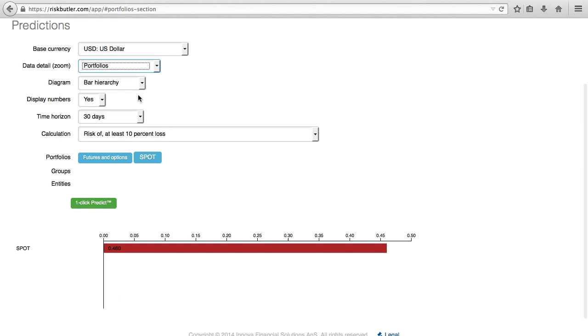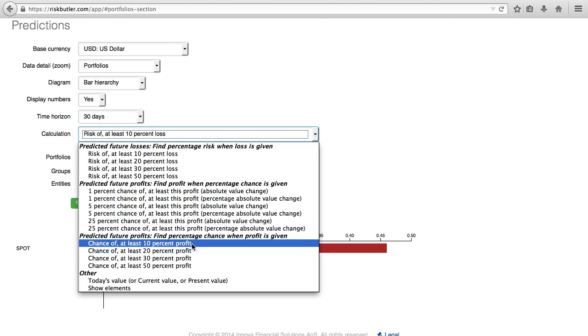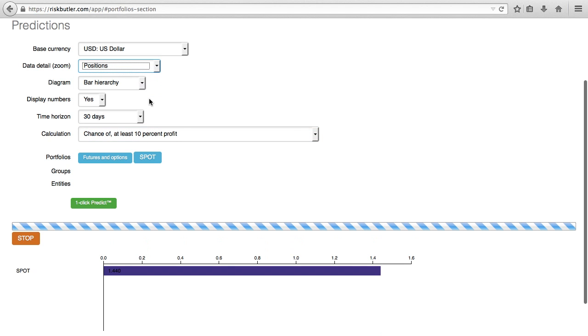So now it's not calculating it per position, but it's calculating it per portfolio. In this case it's our spot portfolio. Now it's saying there's a 0.5% chance, 0.5% risk of at least 10% loss. And we could take another calculation measure and we could look at the chance of at least 10% profit, and there's a 1.5% chance of 10% profit. If we go back and change it to positions